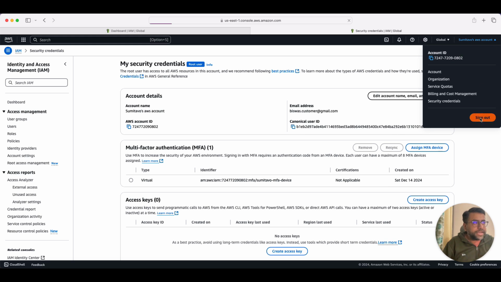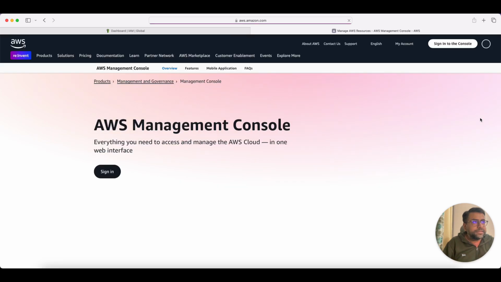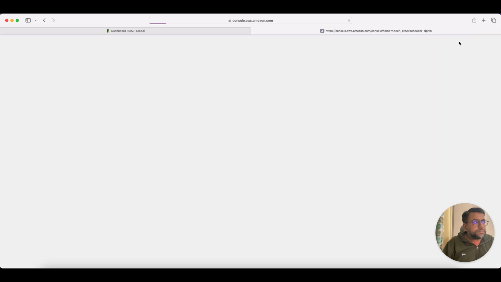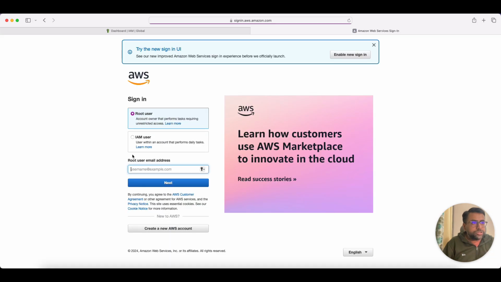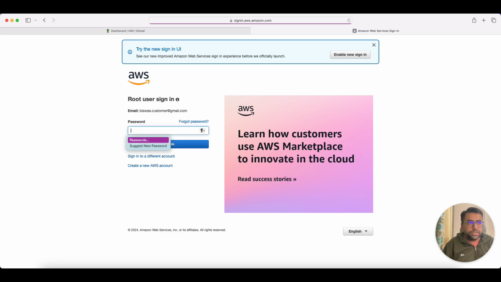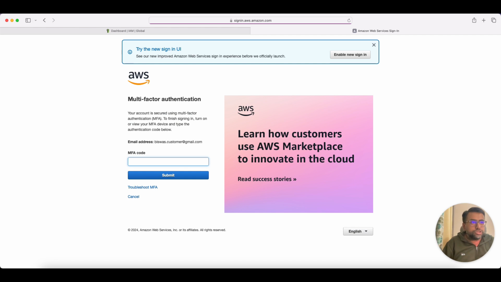So I'll just go ahead and sign out from my account and sign back in. Okay, so I'll go ahead with the root user email again because we have set up the MFA for that account. So once I log in now, you will see a difference here. Okay, so now you can see that it is asking me to enter a MFA code as well, okay, for extra security. So I'm just going to enter the MFA code that displays on my device,